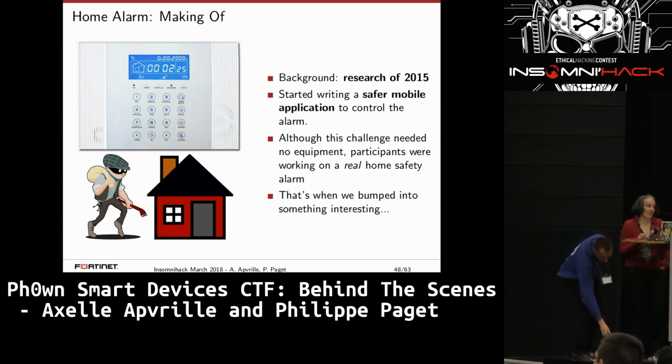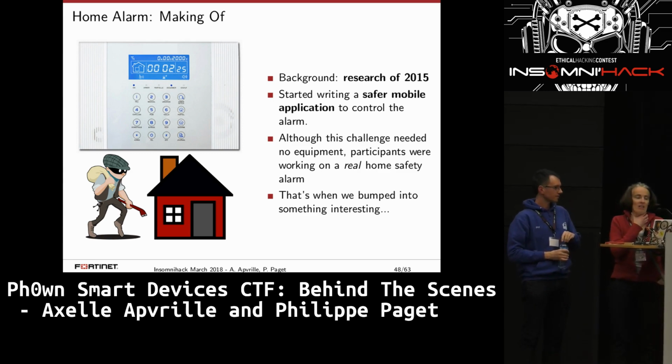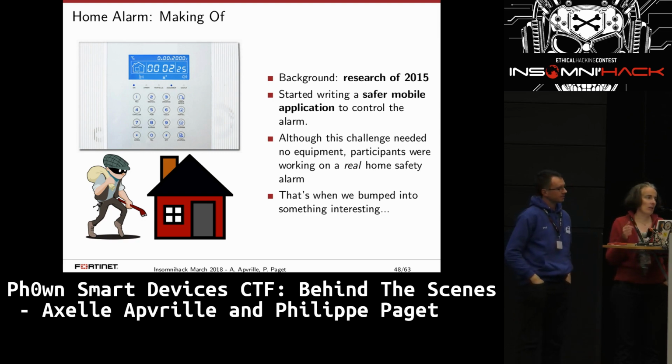So some other challenges. I told you we also had a home alarm, right? And so this one started off like in 2015. Out of some research, I found some vulnerabilities in the mobile application for this home safety alarm. And then thinking, years later, about the phone, I thought, well, it would maybe be a good idea to write a mobile application for the home safety alarm, but something that would be a little bit more secure, right? So I started writing the application,